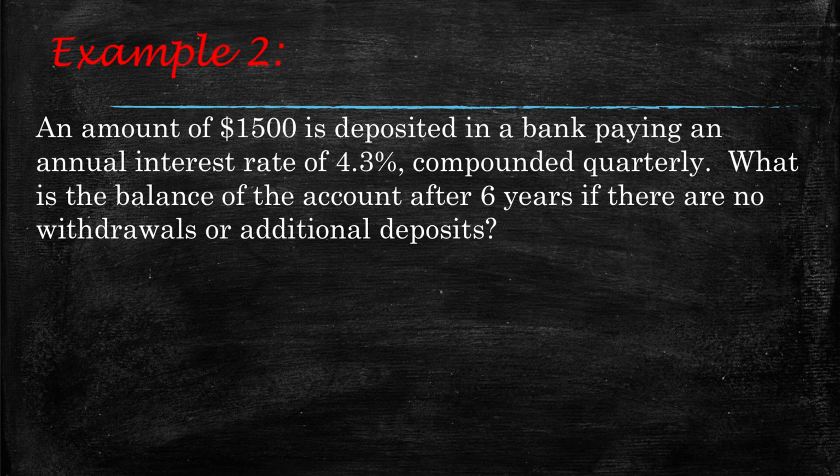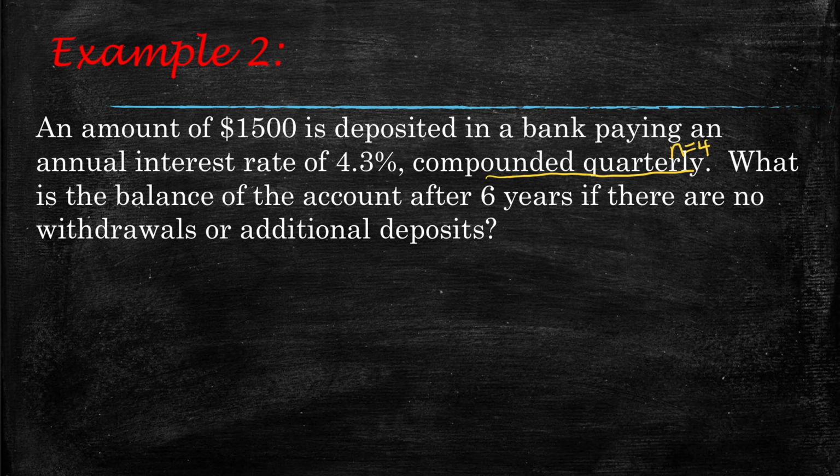All right, example 2. An amount of $1,500 is deposited in a bank paying an annual interest rate of 4.3% compounded quarterly. What is the balance of the account after 6 years if there are no withdrawals or additional deposits? The key word here is that it is compounded quarterly. This means that the N value is going to be 4 because it's compounded